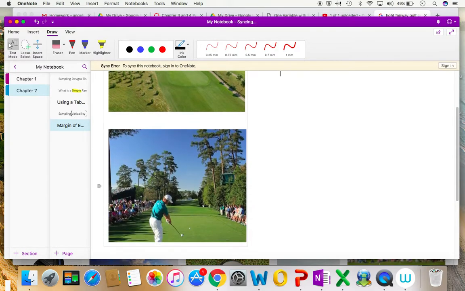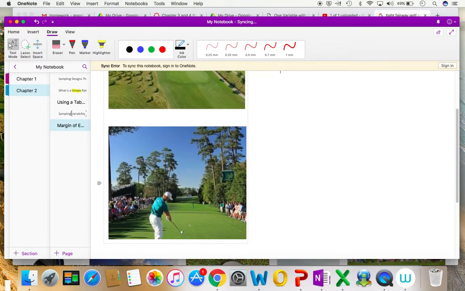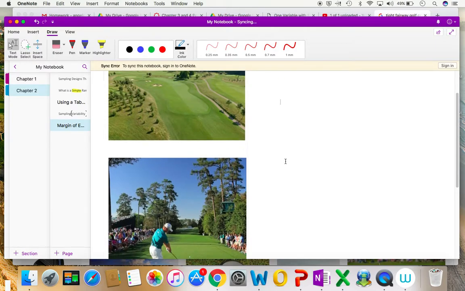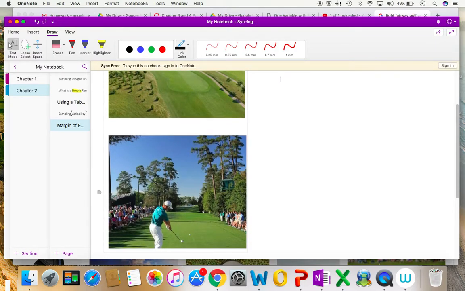Let's look at this hole. All right, this hole's a lot different. Now, obviously taken from a different angle, but already you can see that this is a much narrower gap than we had up here. Also notice how there's trees overhanging. It just creates a much smaller margin of error.